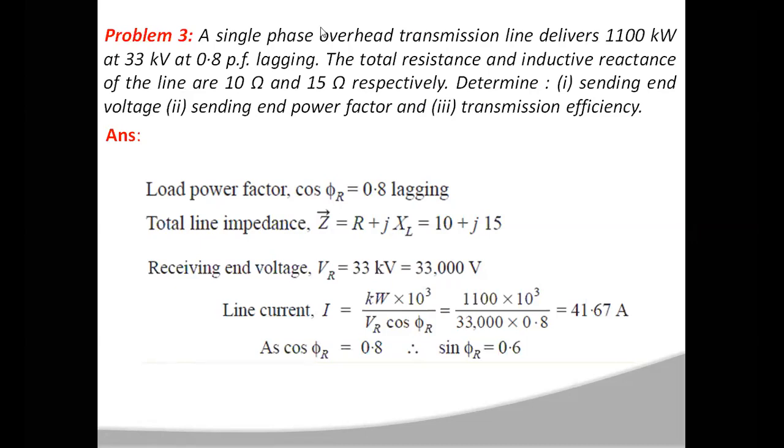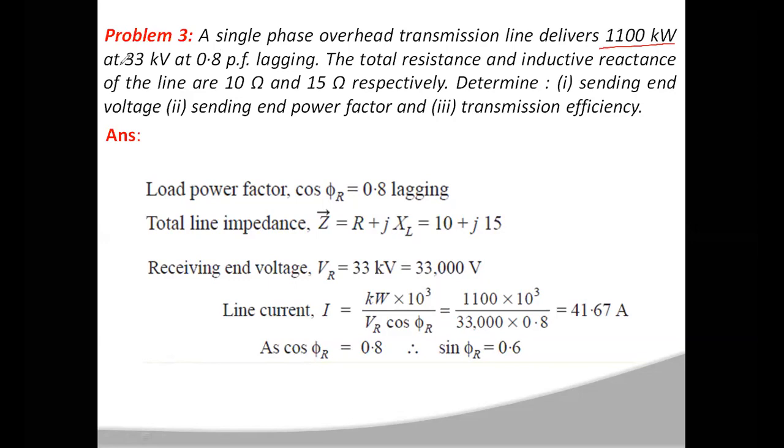Why? Because for a medium transmission line, the data must include resistance, inductance, and capacitance. The capacitance value is not given here. So you consider this problem for a short transmission line. And also this is a single phase system, a single phase overhead transmission line, right? All the values are per phase values only. So the load here is given as